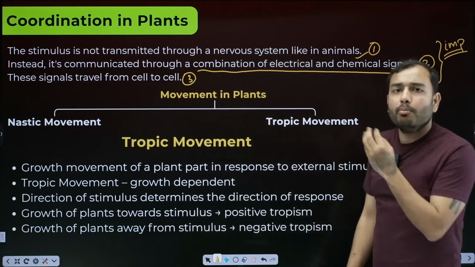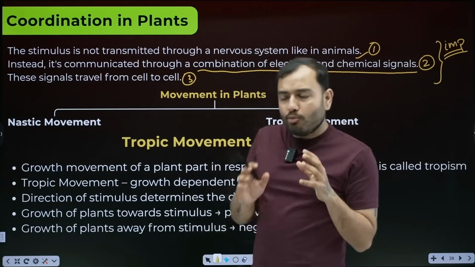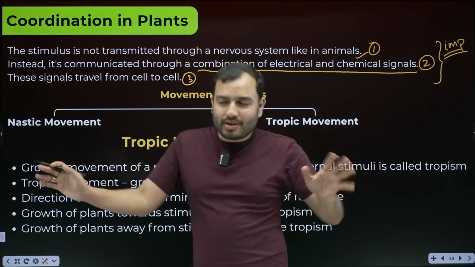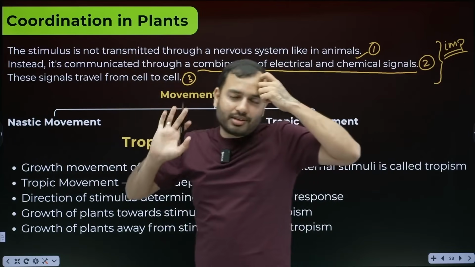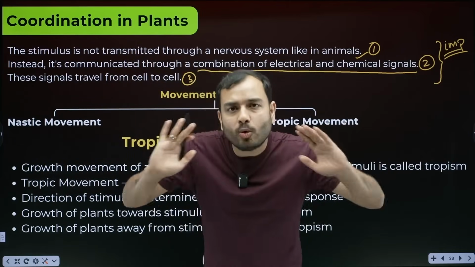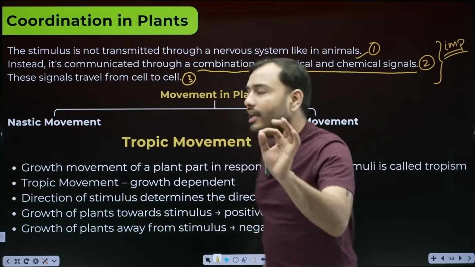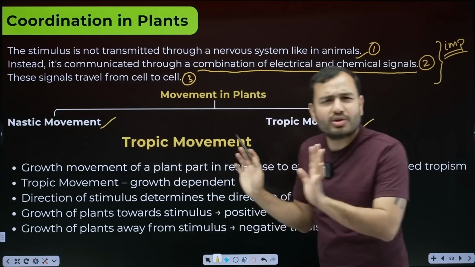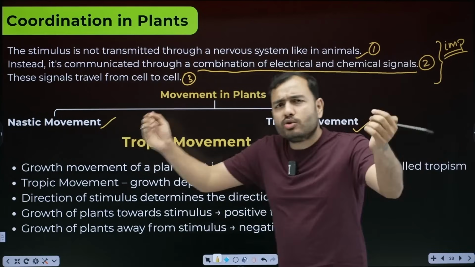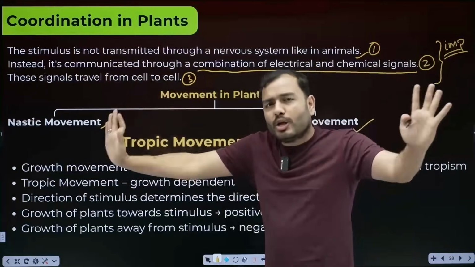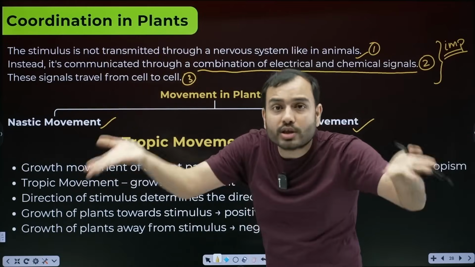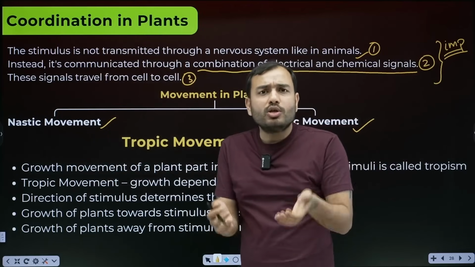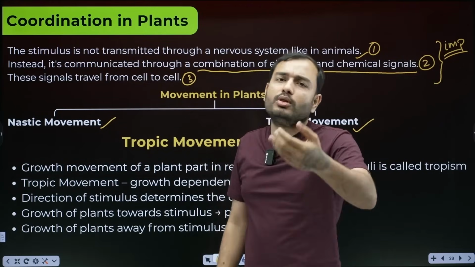The next topic is movement in plants. Now plants don't move much, right? They don't talk, run or do anything. They just grow on their own. So we need to study 2 types of movement in plants. The first is tropic movement. The second is nastic movement. We'll study this later, don't worry. Tropic makes you think of top, so the movement is for reaching the top. That means the movement is for growth. So a movement of a plant part that happens for the sake of growth is called tropic movement.